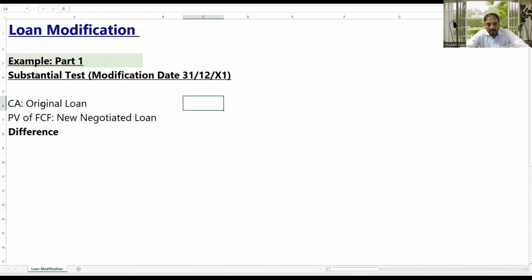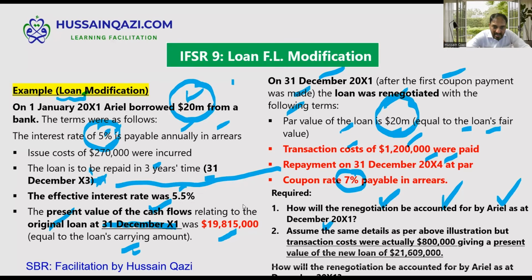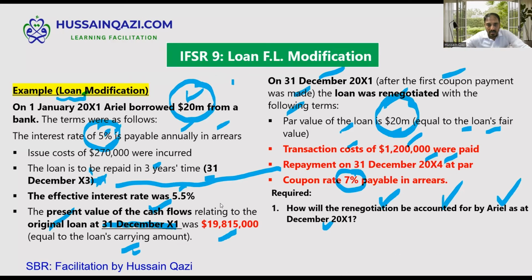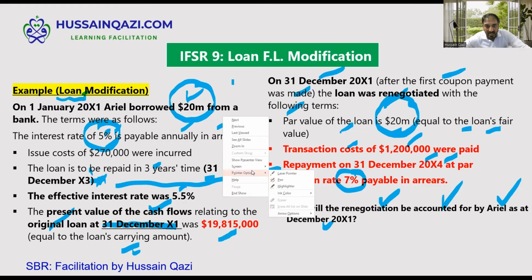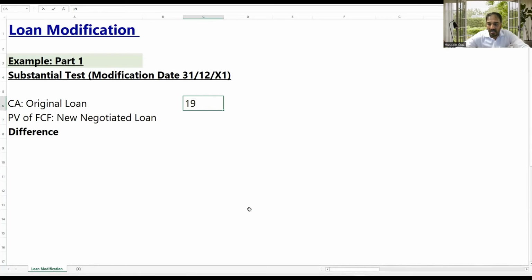And what is this value? That is 19.815. This is the value. Yes, 19.815. But do remember that